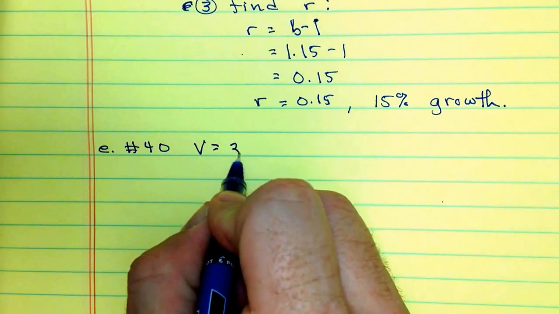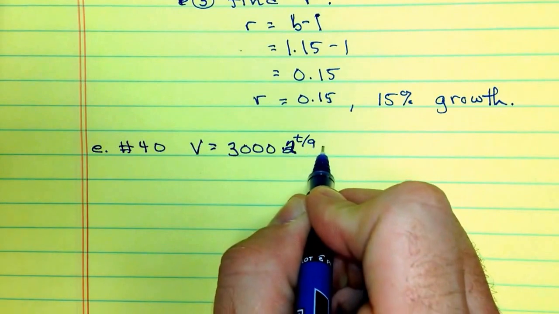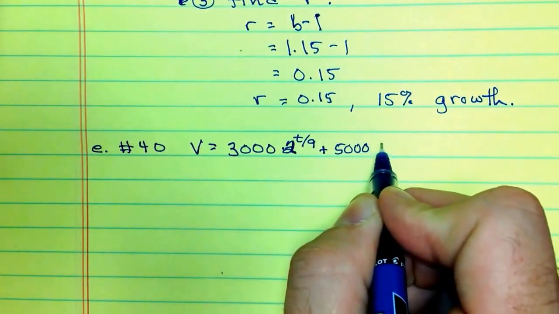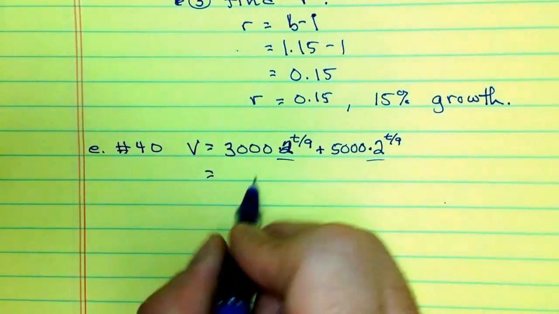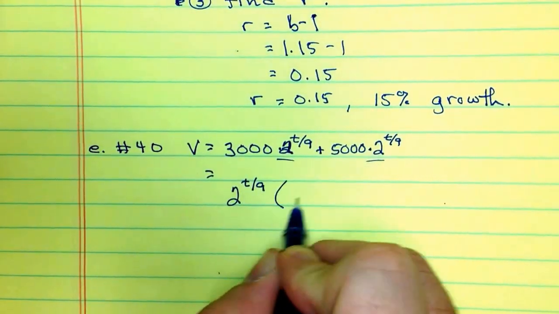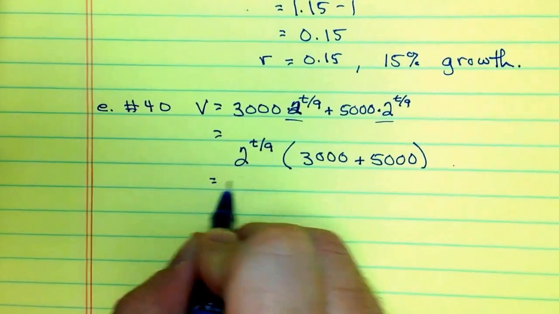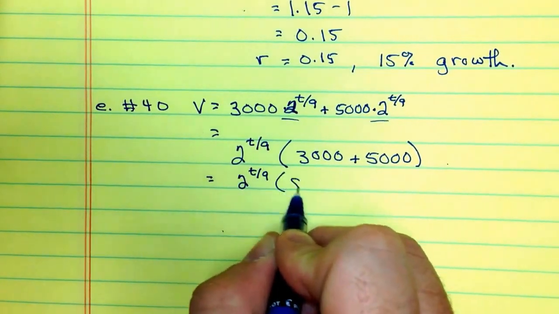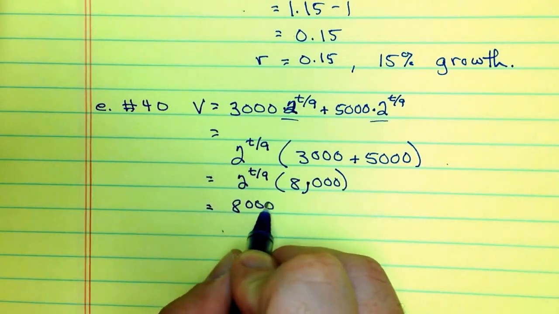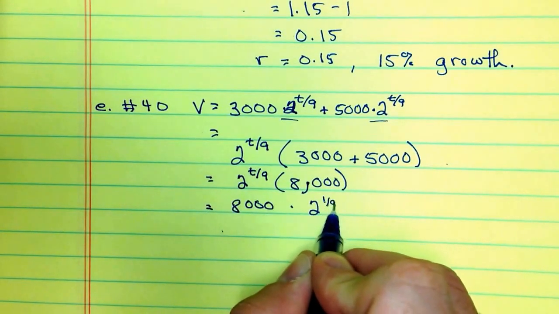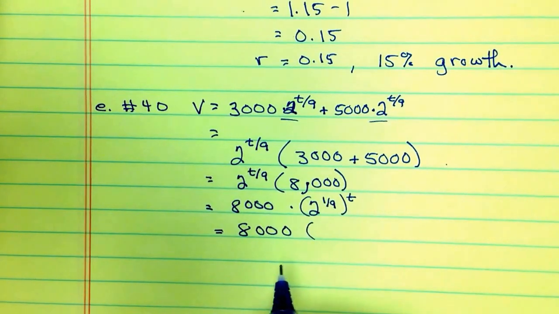So V equals 3,000 times 2 to the t over 9 plus 5,000 times 2 to the t over 9. Well, what we need to notice is common factors. So we take that out. 2 to the t divided by 9 times 3,000 plus 5,000. So this is 2 to the t divided by 9 times 8,000. So rearrange terms. 8,000 times 2 to the 1/9 to the t. So we get 8,000 times 2 to the 1/9